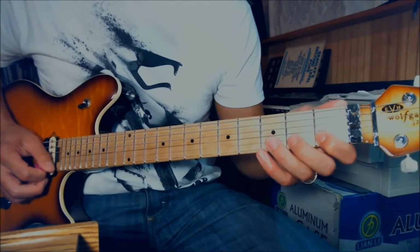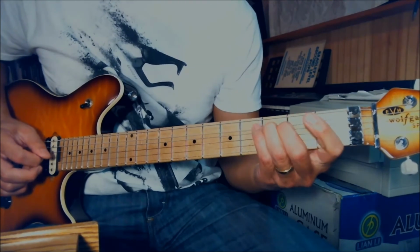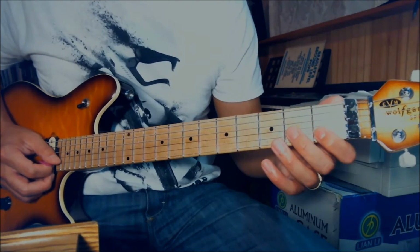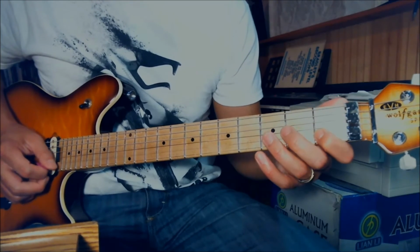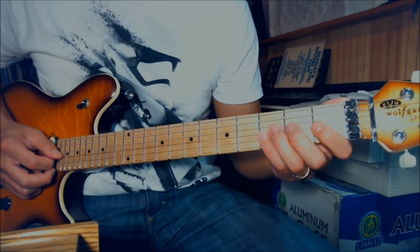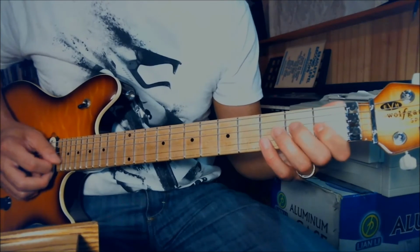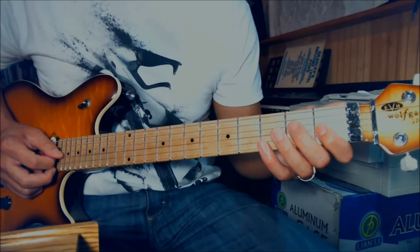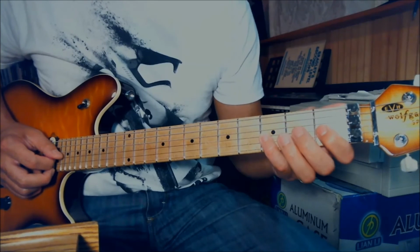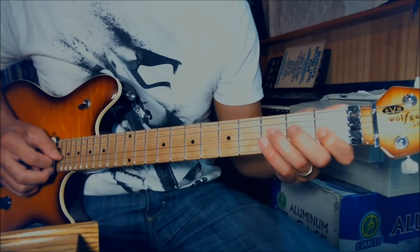Next one. So pentatonic F minor, B1, G3, G1 and D3, G3 and D3, and then the G1 again, D3 again, pull off from G3 to G1, D3, D1,